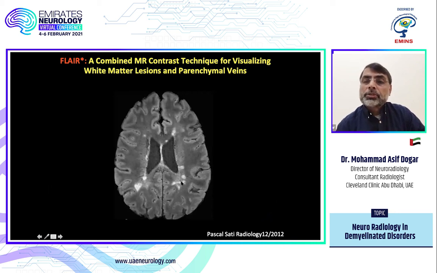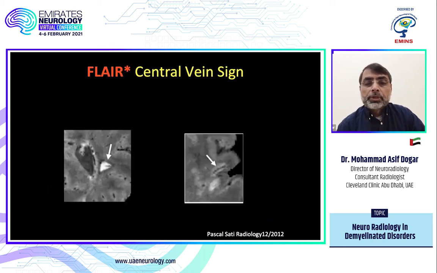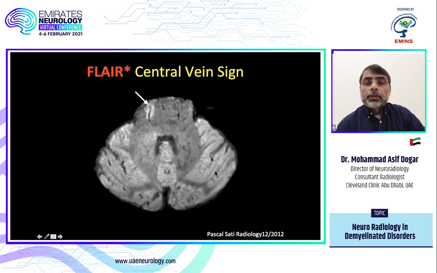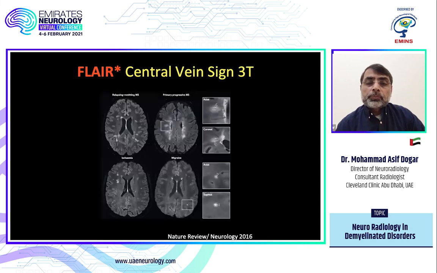It can happen in other diseases, but if more than 40% of lesions have this central vessel, then it is more specific for MS. Here is another lesion. Again, you can see this central vein here as well as here. Even in the brainstem, you can see lesion along the central vein. So these are patients in MS and multiple other diseases, migraine, ischemia.